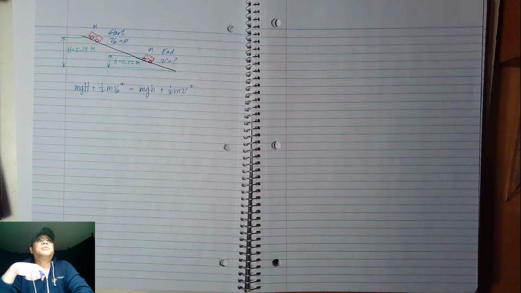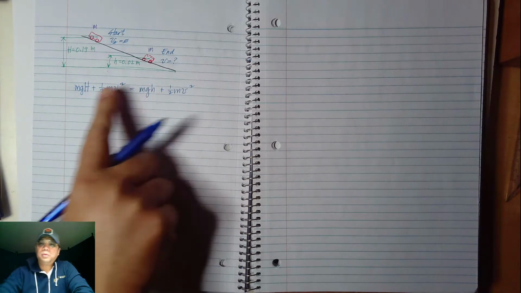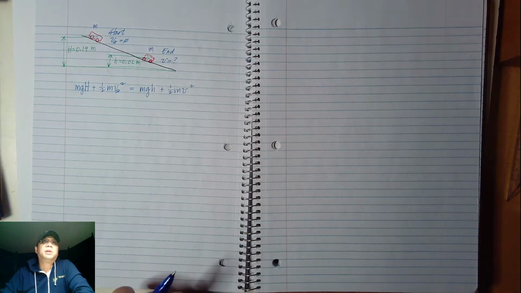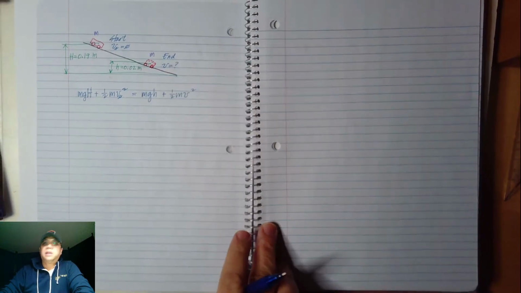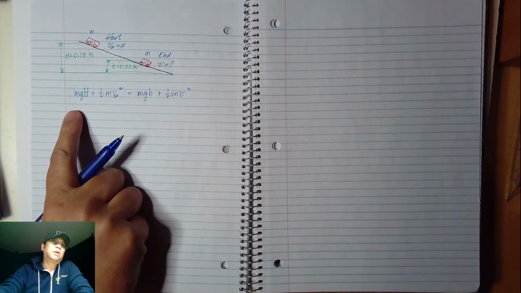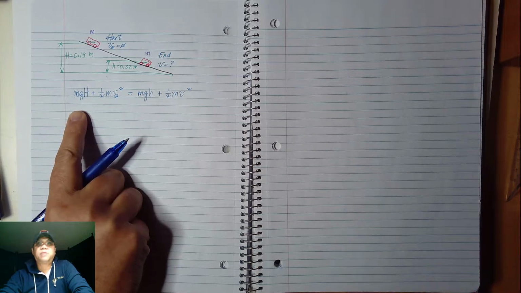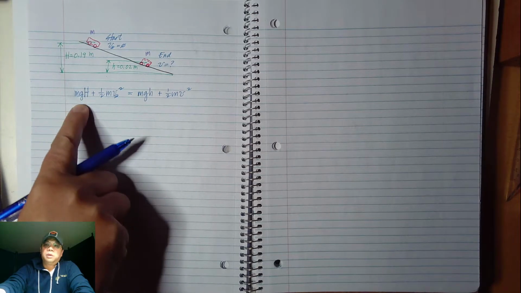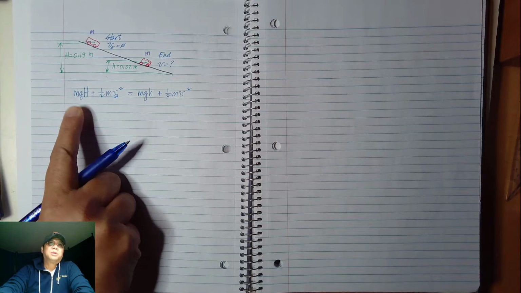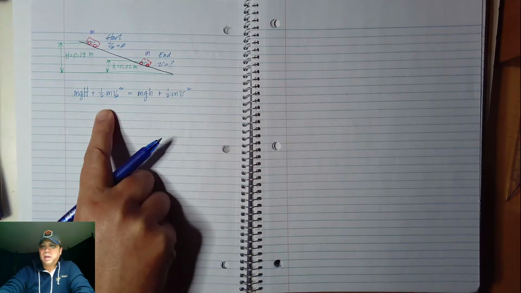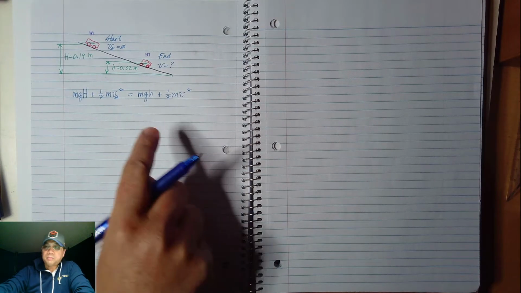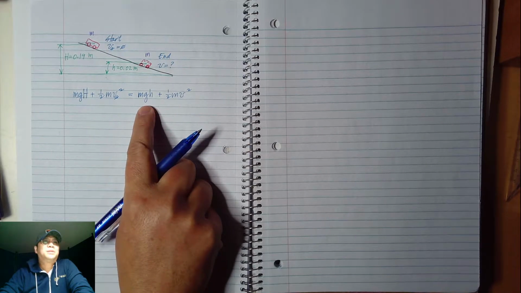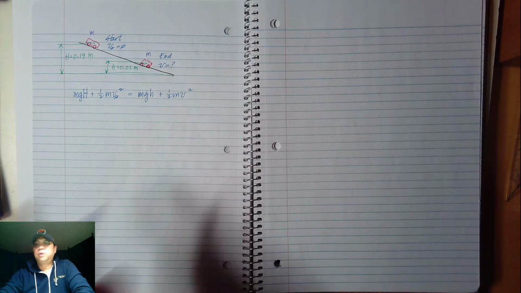0.02, while the original height is 0.19 meters. A mass of m is provided, and using this equation, again, the conservation of mechanical energy, where the total energy, which is gravitational potential energy plus the kinetic energy in the beginning, is equivalent to the gravitational potential energy at the endpoint plus the kinetic energy at the endpoint, and you are supposed to solve